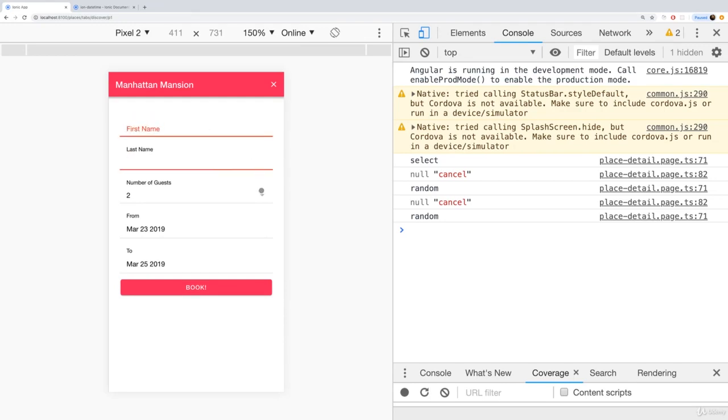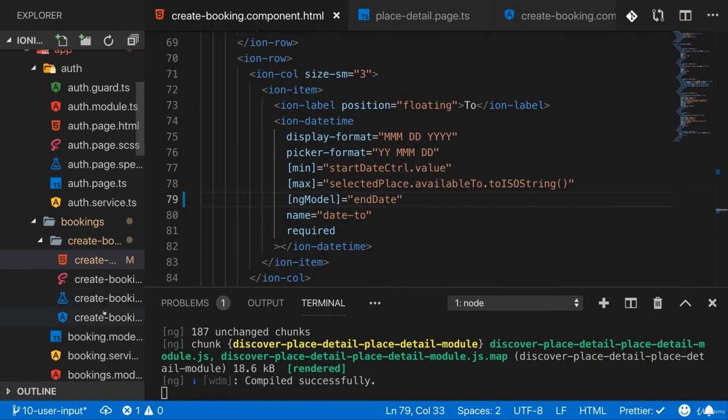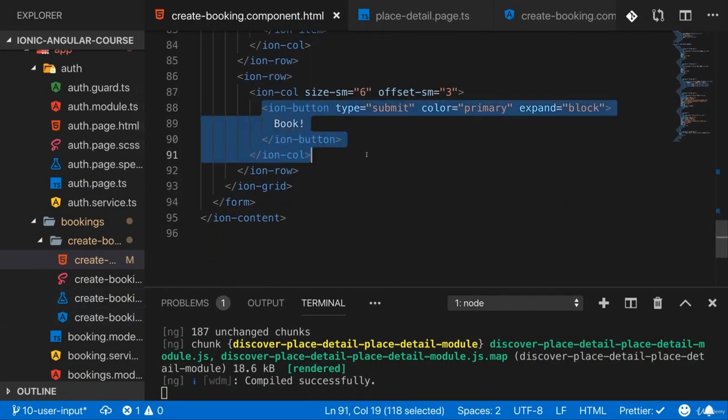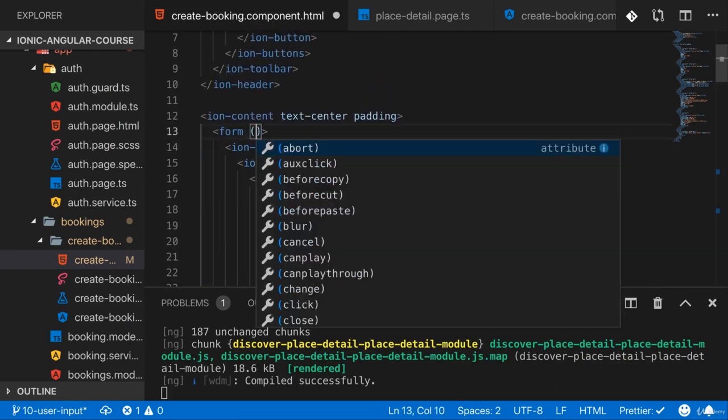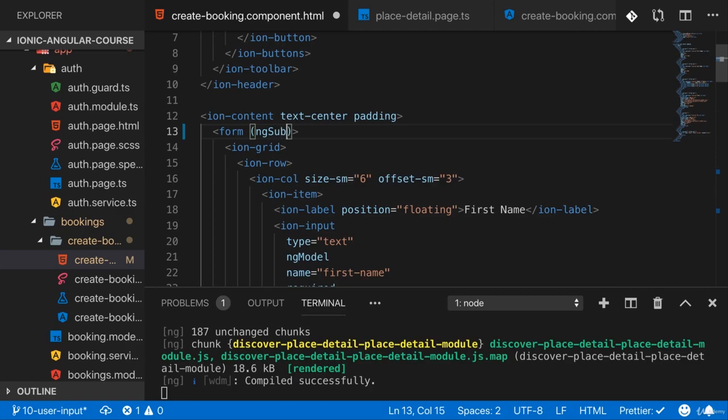So we're making good progress here. Now let's just make sure that we can submit this form and that validation works correctly, especially when we're thinking about these dates. Now, for the form submission, I got this button here with type submit, and therefore on the wrapping form element, we can add ngSubmit,